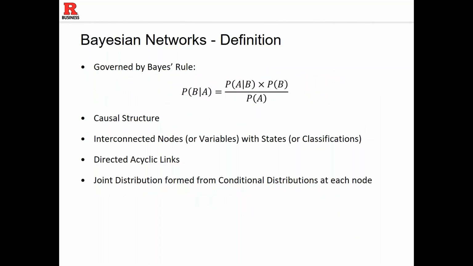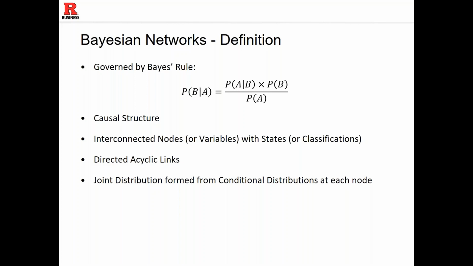So this is Bayes' rule again. One of the things I wanted to illustrate is that Bayesian networks are governed by Bayes' rule. There is a causal structure, hence the conditional probabilities. You'll see interconnected nodes, which are variables, and then states, which are classifications. If we refer back to the previous problem, a production backlog would be a variable, and the state would